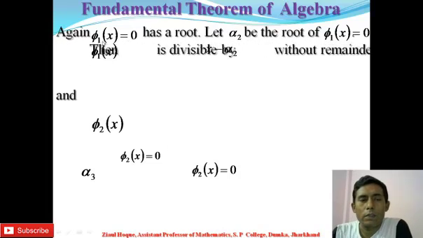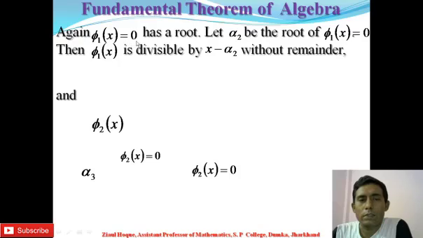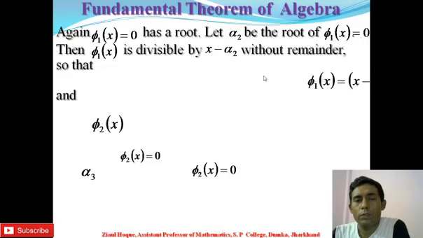Again, phi 1x is equal to 0 has a root. So suppose that alpha 2 is a root of phi 1x is equal to 0. Then phi 1x is divisible by x minus alpha 2 without any remainder, so that